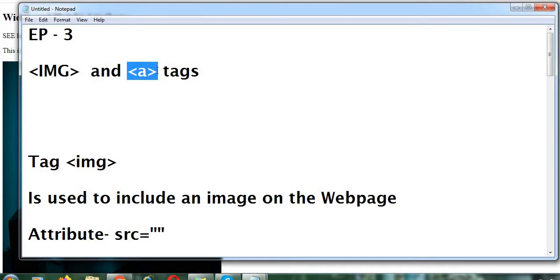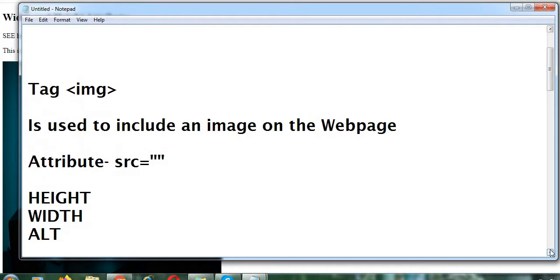Now moving forward towards the image tag, how we can include an image to our web page. For that we need to understand the attributes. When we use this img tag, there are some attributes which come with it. If you want to include an image, then you need to at least mention its path, from where you are going to include that image. On the source you just need to provide the path of that image.